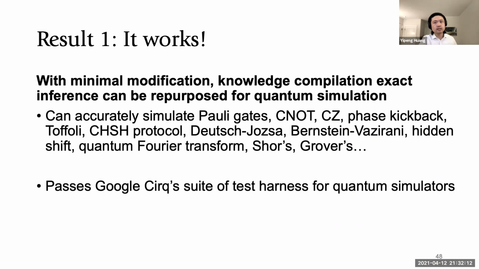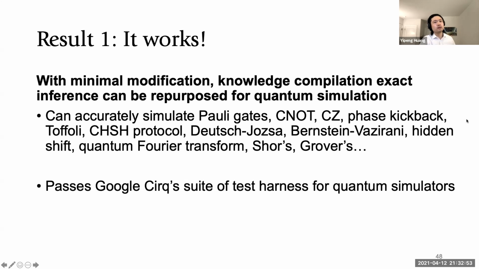So the first interesting result is that all of this works. So we're able to use existing algorithms, ideas from classical inference. We change the semantics of the graphical models. And through that transformation, we're still able to do correct circuit simulation. So we implemented our simulator toolchain as a simulation backend to Google Cirq, which is an open source quantum prototyping experimentation platform. And we're able to use our simulation toolchain to get correct simulation outputs for all of these canonical